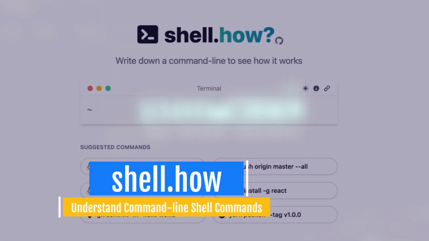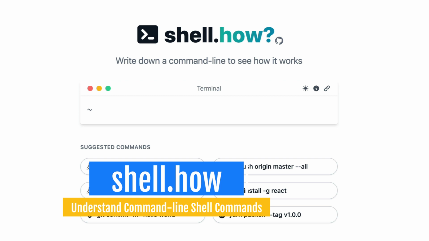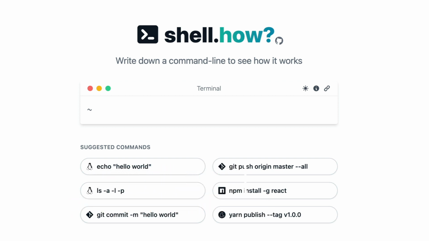If you want to be a productive coder, it's very important for you to understand shell commands and learn new ones. The more you know, the better your workflow could be. You could automate a few things, and you could avoid doing things in an inefficient way. So it's very important for you to know shell commands.